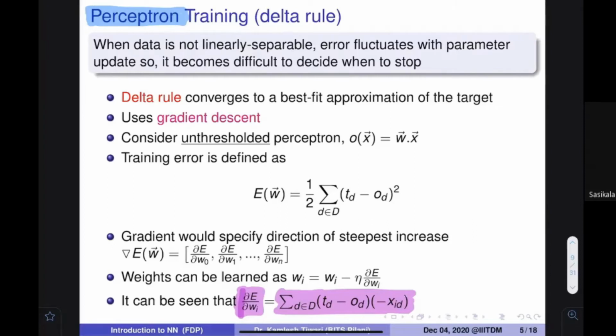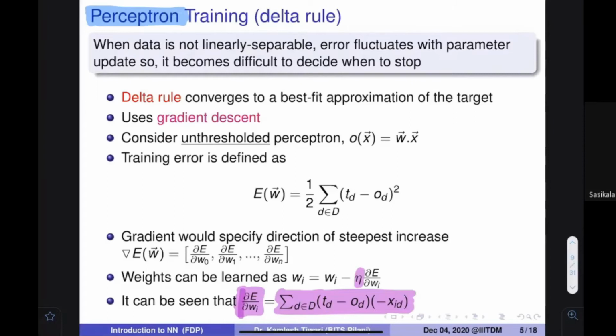So again, somebody is asking about the eta. Eta is just for that step size. My step size should be small. Okay, finding the point where the slope is nearing zero. Yes, actually, global minima. We want to find out whether we would reach that point may not be true, but actually we want to minimize.